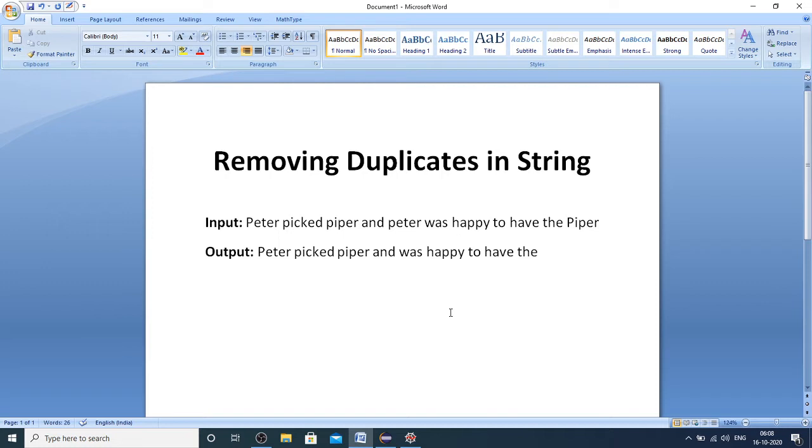That means you cannot alter the words' positions. The only thing is you just need to remove the duplicate words by ignoring the case. So this is what the problem is.